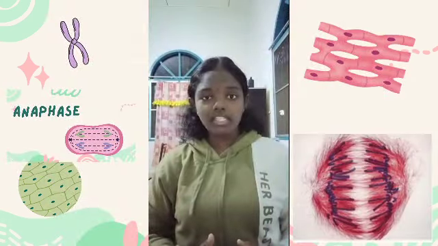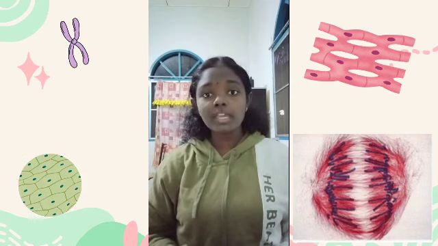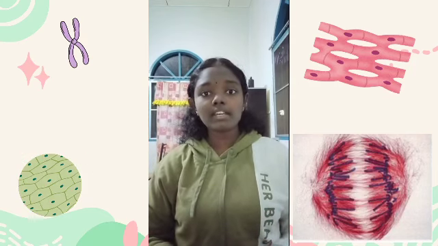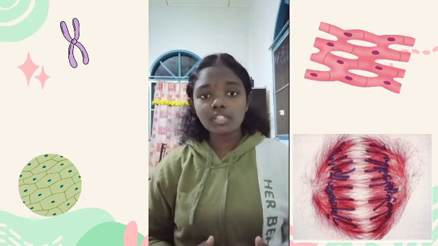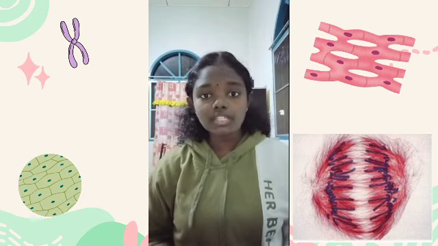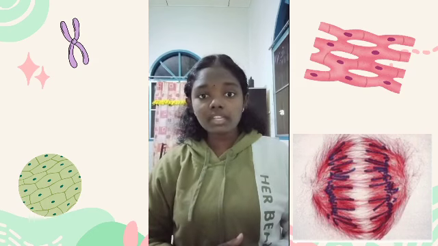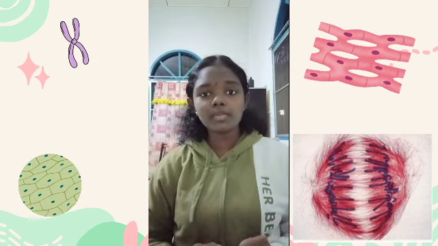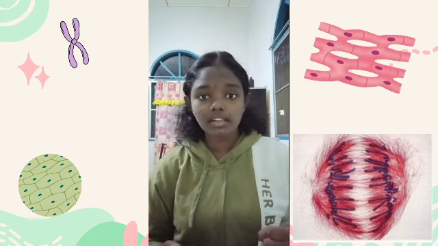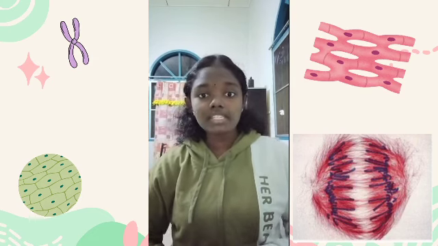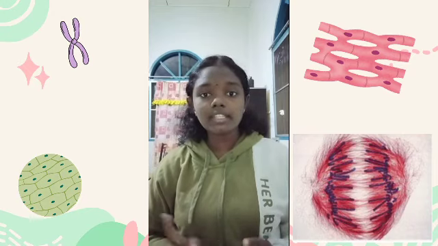In anaphase, the paired centromeres of each chromosome separate, and the two chromatids are now separate from each other. After separation, each is considered a full chromosome, which is a daughter chromosome. After that, contraction of spindle fibers pulls the sister chromatids apart towards the opposite poles of the cell. The process after this is called telophase, which we will see in the next slide.